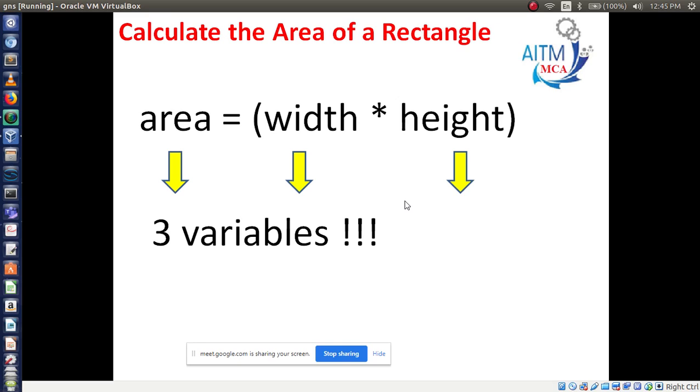Then the fourth line, what you will write: area is equal to width star height. No need to use these brackets, you can directly write area is equal to n1 star n2, then display the message in document.write. Will you try, or shall I give a demo for this code?